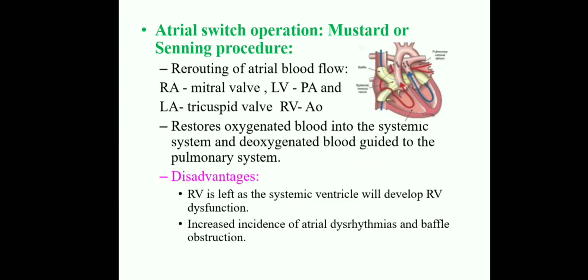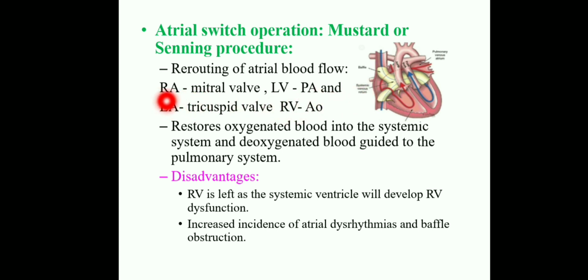And the next surgery is atrial switch operation, the Mustard or Senning procedure. Here, how they are doing it means the rerouting of atrial blood flow. How they are rerouting the atrial blood flow means, here the right atrial, actually what happened, the blood comes